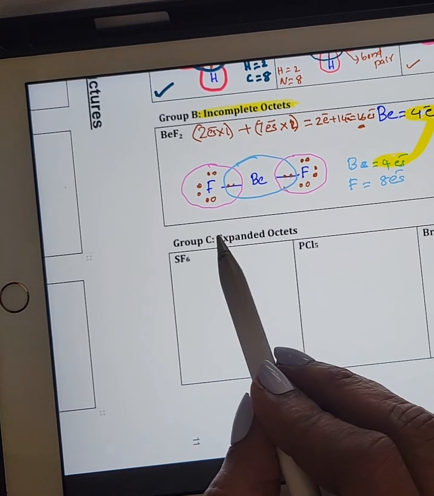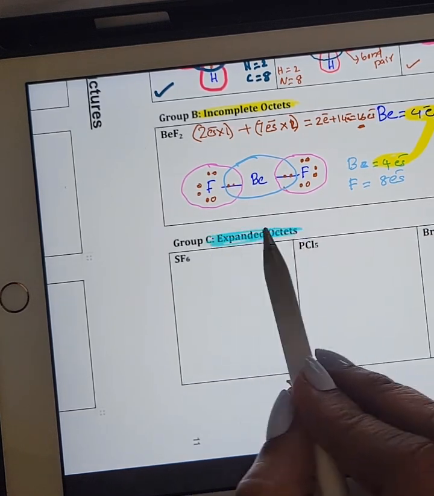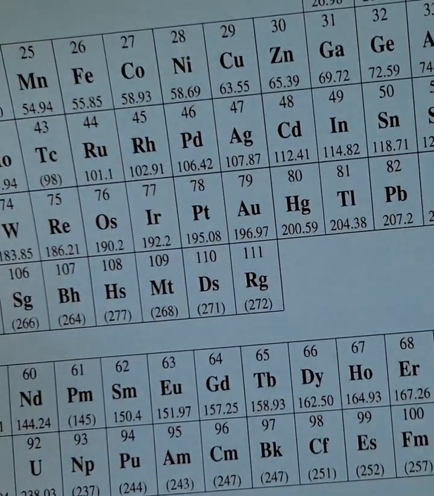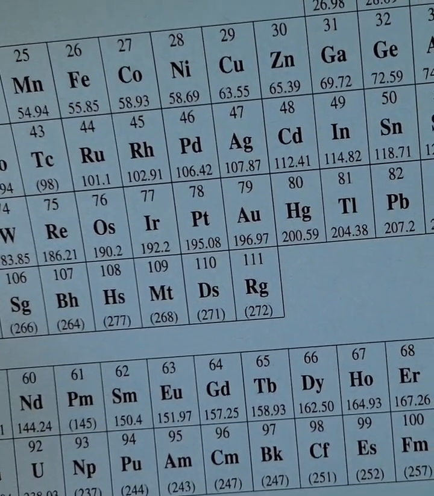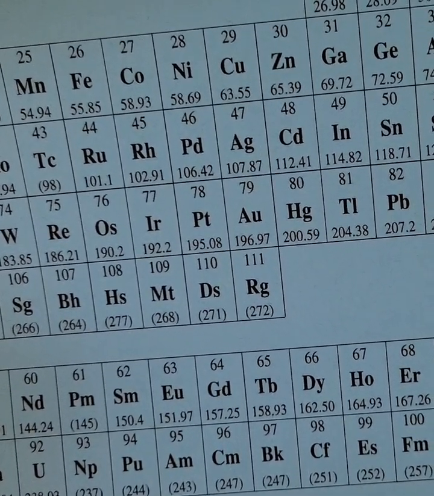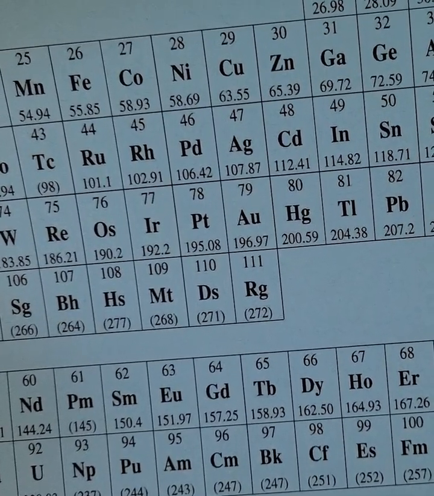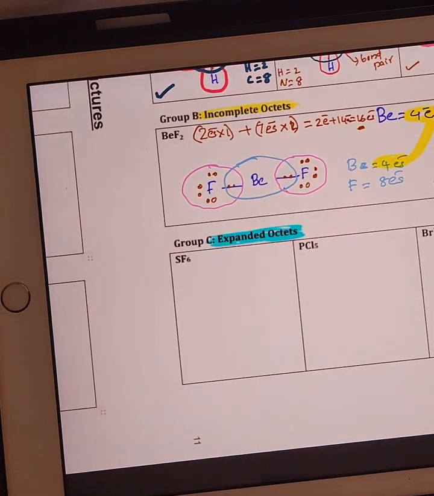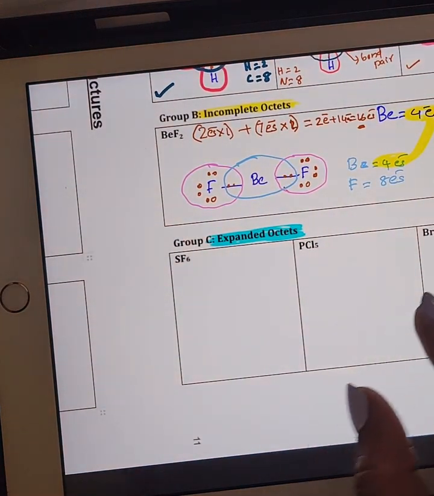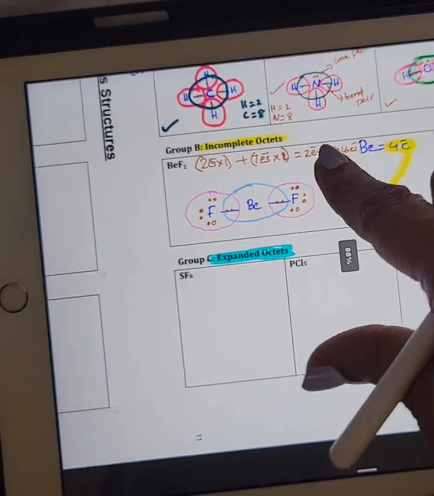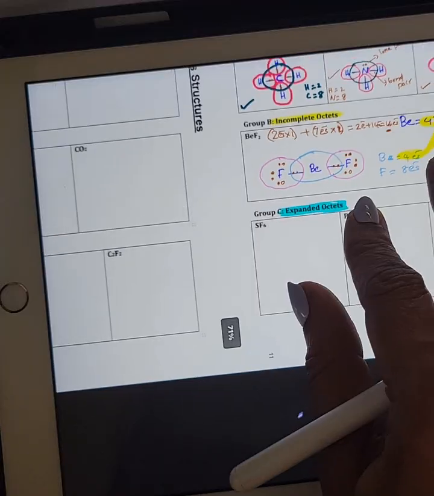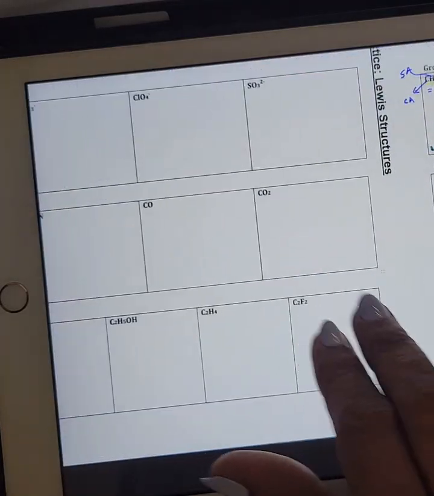Now there is something called expanded octets. So some of the atoms will show, especially the non-metals from this side, the bottom side, they are bigger. They can have more than 8, okay. Note the first elements, like phosphorus, sulfur, chlorine, and about everything below that, all non-metals below that, they can form octets which is more than 8. Okay, let's do one example from there, and then I will teach you the